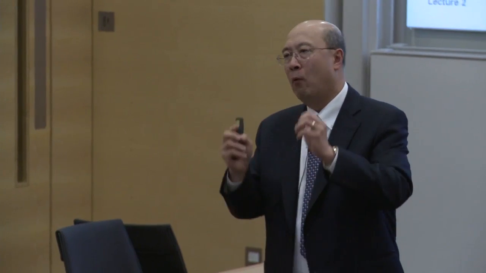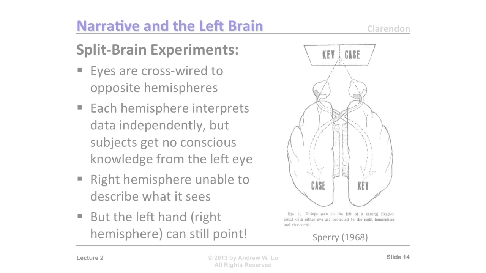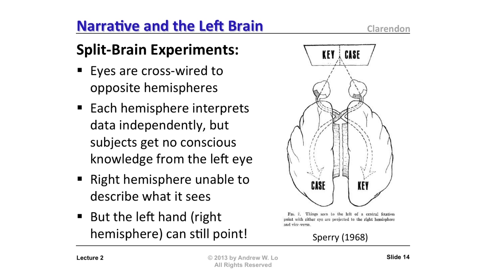Well, it turns out that for split brain patients, what they see in the left brain and the right brain are no longer integrated because the left and the right brain don't talk to each other anymore because they've been separated. And so they'll do experiments where they'll show a split brain patient an image that is split into the left field and the right field, and they'll show different images. And it turns out that the language center, because it's in the left brain, which is associated with the right visual field, when you show a split brain patient something in the right visual field, he or she can identify it and say, yes, that's a case.